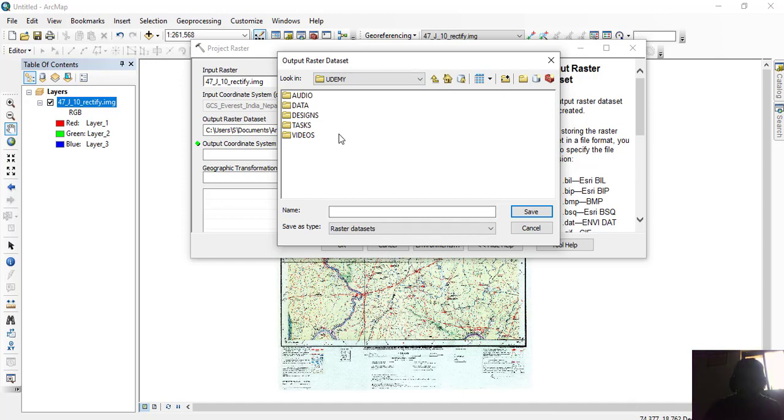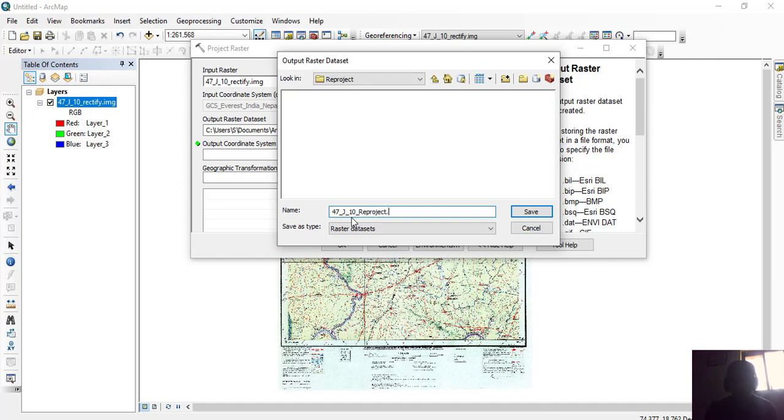So I have created a folder called task. I will again create a new folder, and in that I will save my file. I will give the name. I will give the topo sheet index number, and at the end I will write reproject.